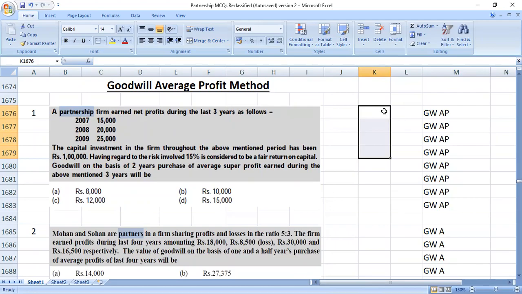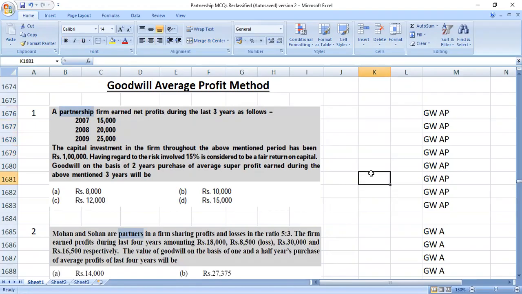First question: a partnership firm earned net profits during the last 3 years as follows. Capital investment in the firm throughout the above mentioned period has been 1 lakh. Having regard to the risk involved, 15% is considered to be a fair return on capital. Goodwill on the basis of 2 years purchase of average profit during the above mentioned 3 years will be